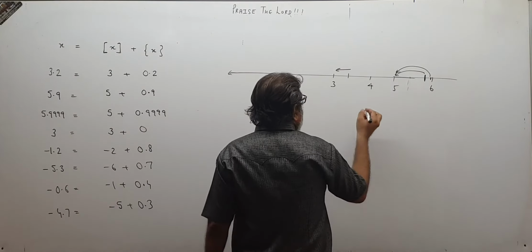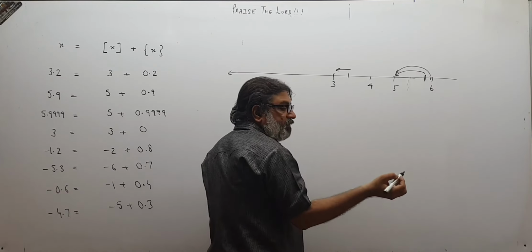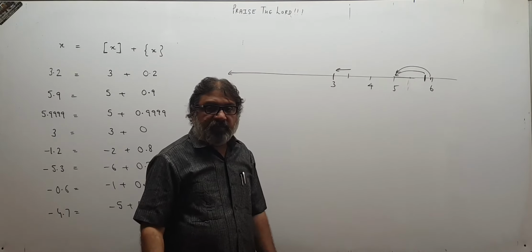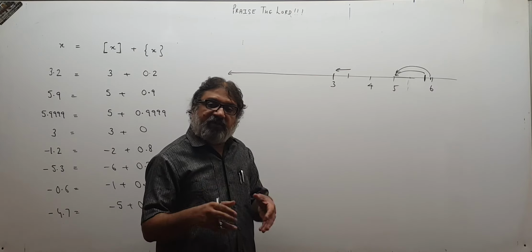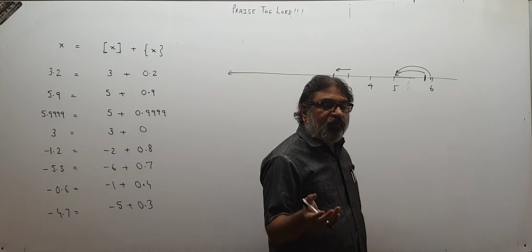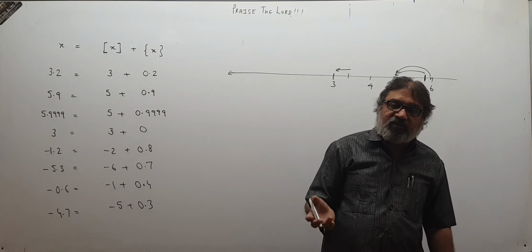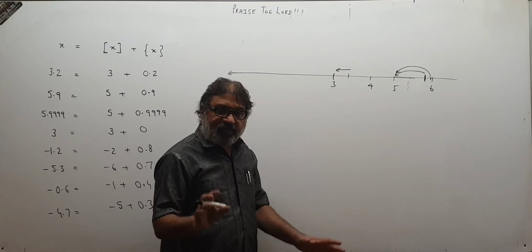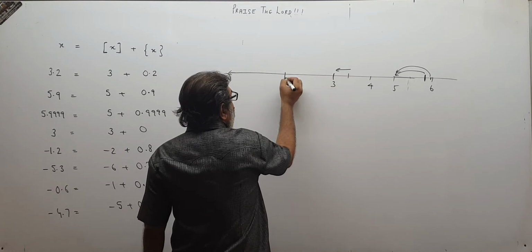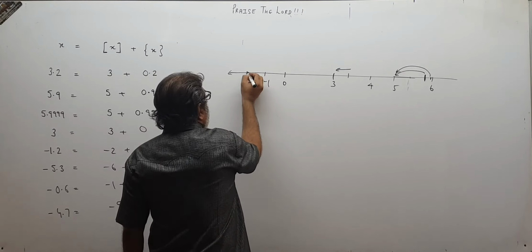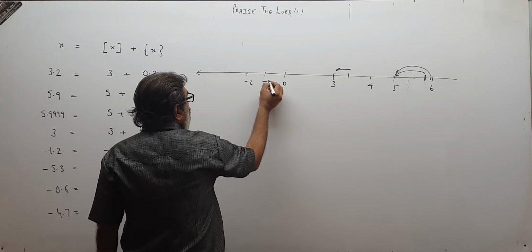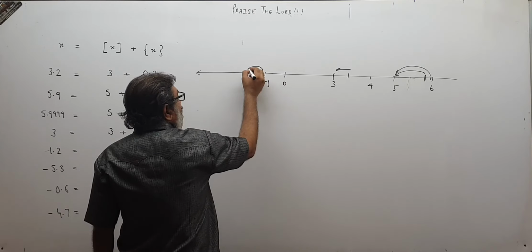If you are at 3, that means you are standing here itself, on the integer itself. If you are at the integer itself, then there is no need to move, that itself is your answer. That itself is the integer part. Integer itself is an integer, there is no fraction involved. So for 3, answer will be 3. For 2, it will be 2. For 0, it will be 0. For minus 5, it will be minus 5. For minus 6, it will be minus 6, like that. Then minus 1.2, see this is somewhere over here, 0, then minus 1, then minus 2. I push like this. Minus 1.2 will be somewhere over here. Move to the left, minus 2.